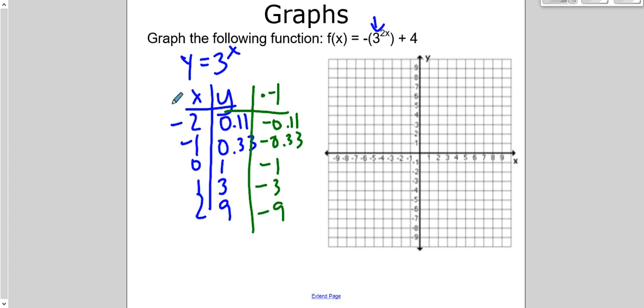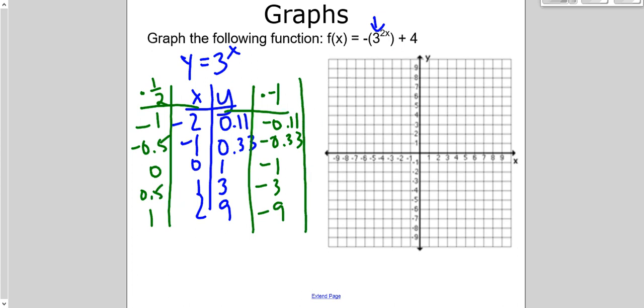Then I have this 2 to, that's being multiplied to the x. That means I'm going to go over to my x values, and I'm going to multiply everything by a half. So this is going to be -1, -0.5, 0, 0.5, and 1. And then last, I have that +4, so I'm going to add 4 to all of these. This is going to give me